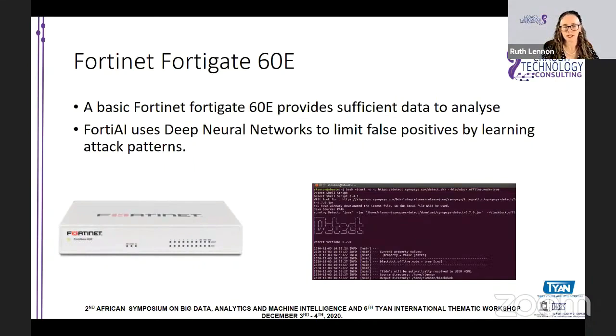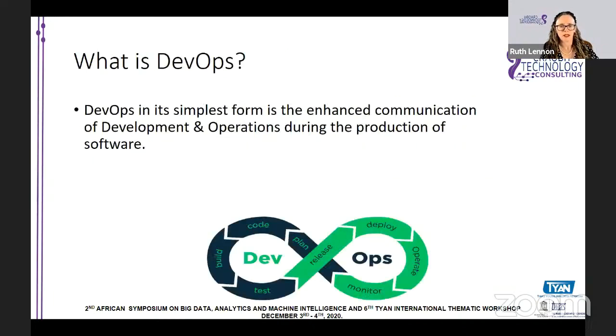So we can use existing hardware and software to start to do it, and we can improve on what we've got. And even with those existing ones, we can have an issue where we've got hardware that's going to need augmenting. Okay, so I'm moving on to DevOps now, and I want to talk about how DevOps works for your